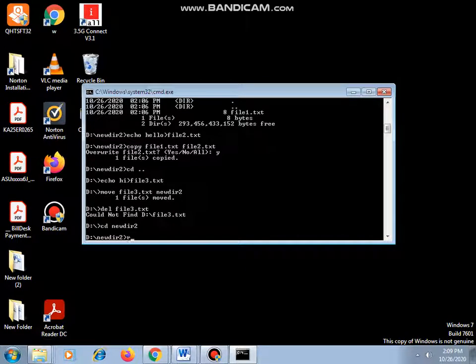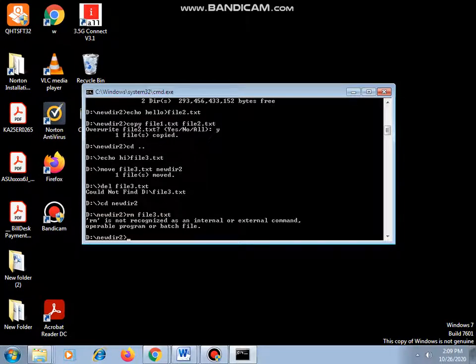Now I can delete the particular file using the del command for deleting the file.